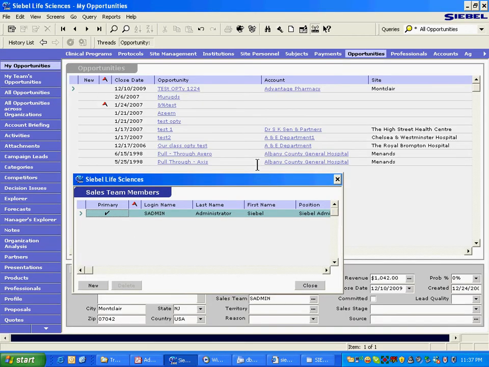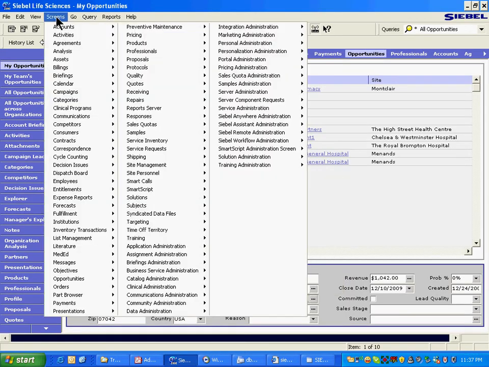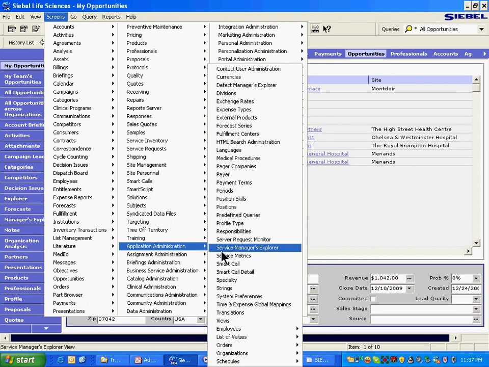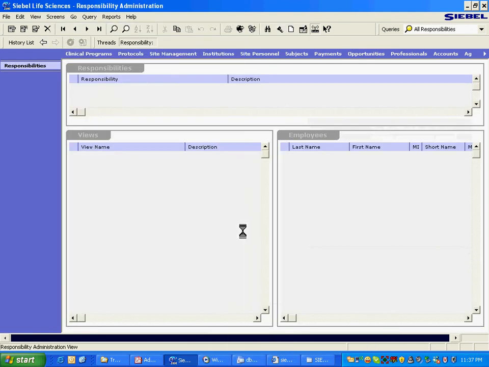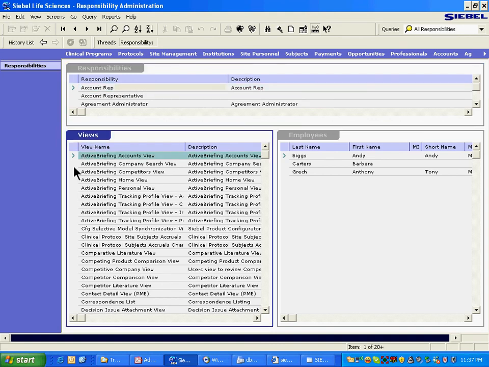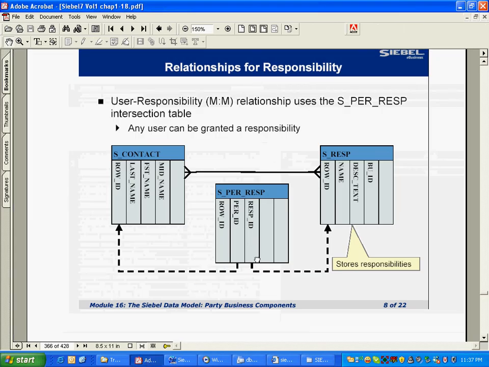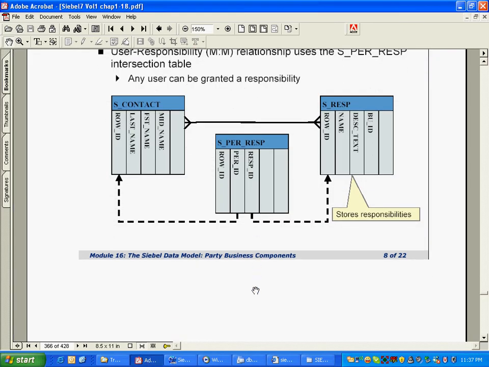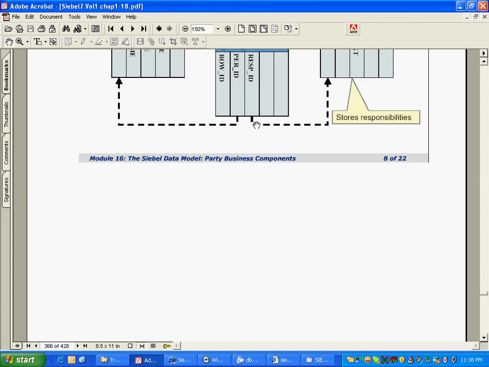If you go to Siebel 6, application administration, responsibilities, and this relationship. One responsibility can have multiple views, and one view can be in many responsibilities. So there has to be an intersection table between responsibility and view behind the scenes, right? They're also stored somewhere. That is the resp view table, whatever that name was. But we are not going to talk about all that. We're going to talk about party.